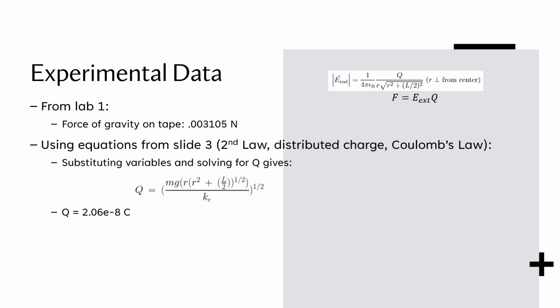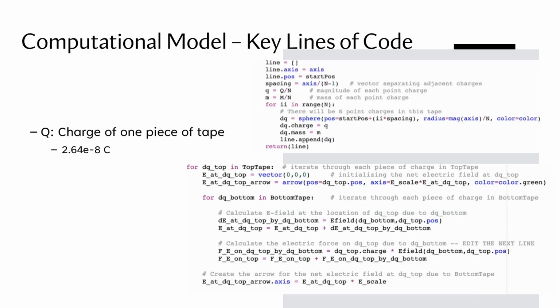And then the experimental data: the force of gravity on the tape was found to be 0.003105 newtons. And using the equations from slide 3, which are these over here, which are found in the formula sheet, substituting variables and solving for Q gives this expression for Q, which I could then find to be this value. So, the computational model,